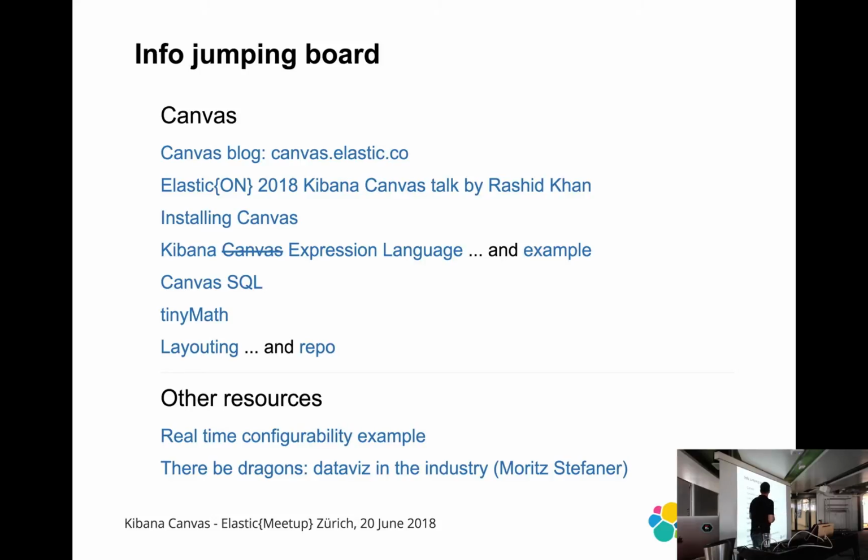Rashid Khan, who is the original maker of Kibana, as Kibana grew, now it's a team of like 40 people who work on it, and Rashid is spearheading research and new development aspects in like, for example, timeline, and also he's heading the technical Canvas team, and he has